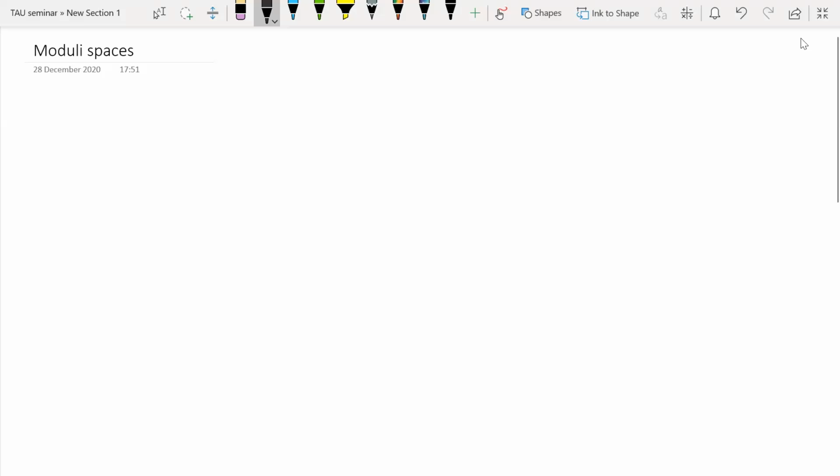So I have opted for just giving you the basic gist of what it is like. And for that, my goal is to give you one toy example, which will be the example of the projective line, or more generally projective space, and how it arises as a moduli space, and then talk a bit about